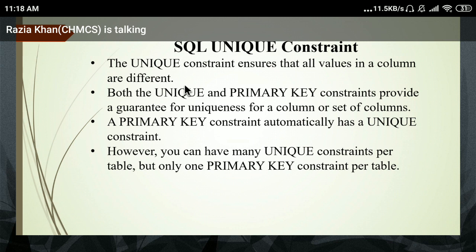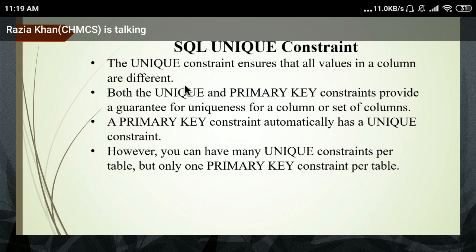If you want to apply a unique constraint, in one table you can have multiple unique constraints. But if you want to use a primary key constraint, you can have only one primary key on one table. If you are using unique key constraints, then you can use multiple.